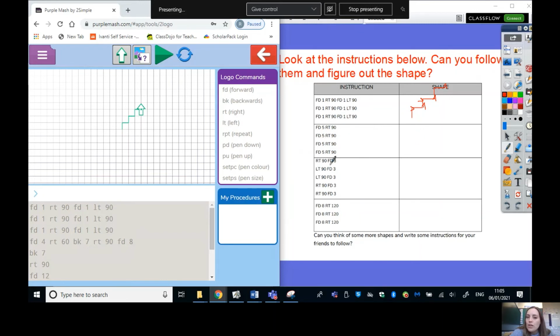Draw it in your book. Repeat all of the steps. What shape did you get? Once you've done that, you can come over to ToLogo and first you're going to need to reset your code, and you're going to type in this new sequence FD5 RT90 into the box